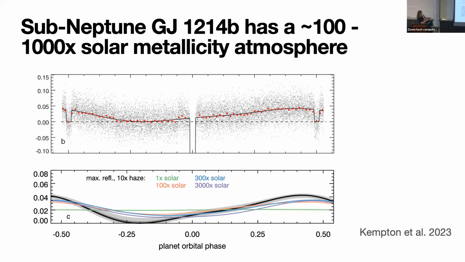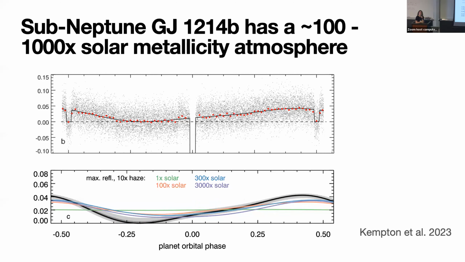This is the broadband MIRI phase curve of GJ1214b. And you can see it, there it is. This is the first time we've actually detected anything for this planet. So what does it mean? I think this is still early days. There's a lot of work to do on this data set, but here is a first look. The estimated phase curve is shown in this black line with the gray error bar,